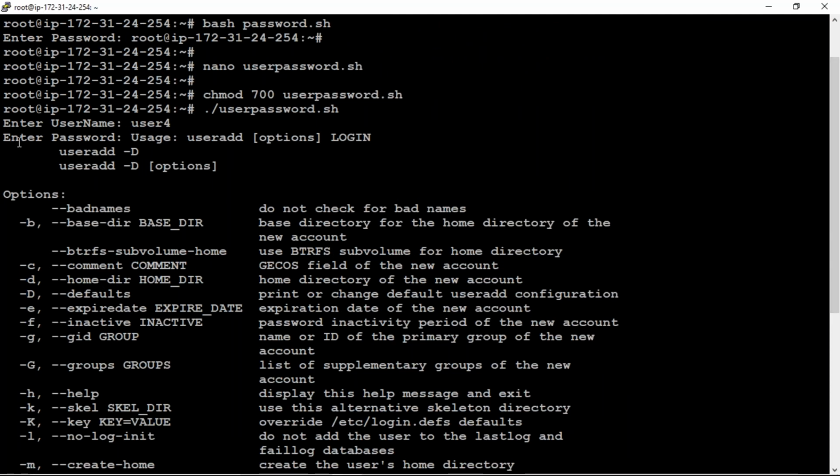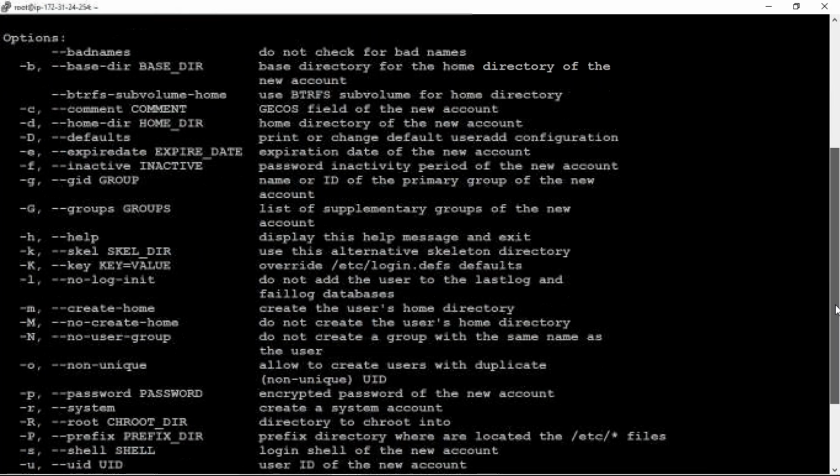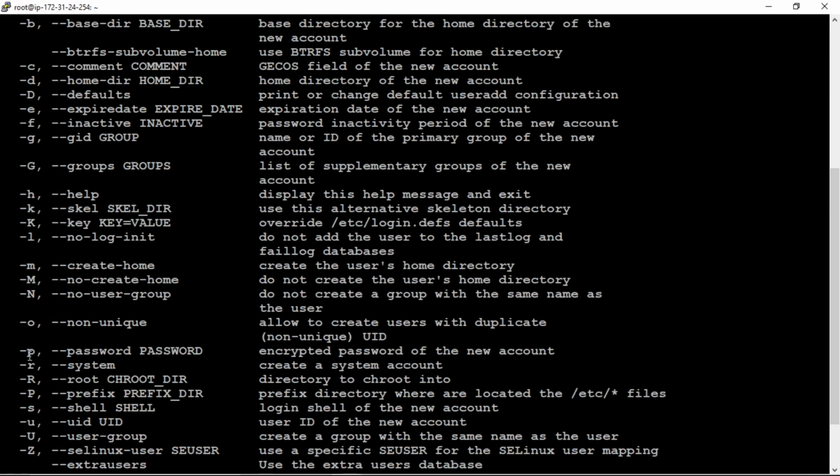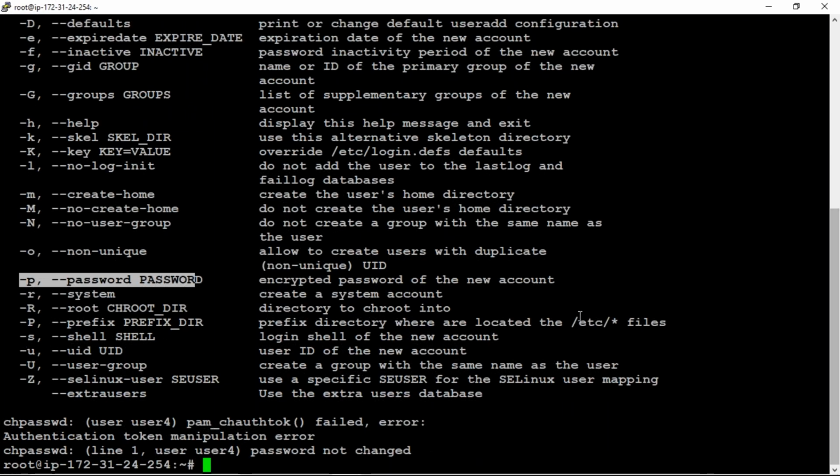See, when we gave that chpasswd, we got these many options. Are you observing this one? So what showed here? Password not changed. Now let us check whether it is created or not.